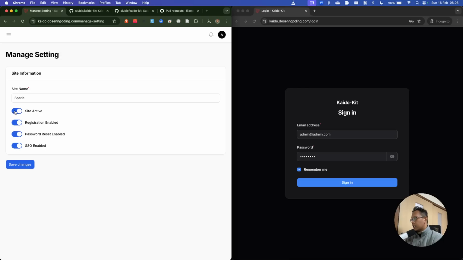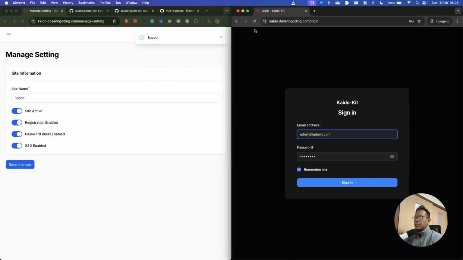I also add a site active configuration. You can check the code because this site active uses the Spatie settings library. If our app needs some other UI rather than only the admin panel, for example, you have a landing page, you can enable the active or not of this another landing page using these settings.